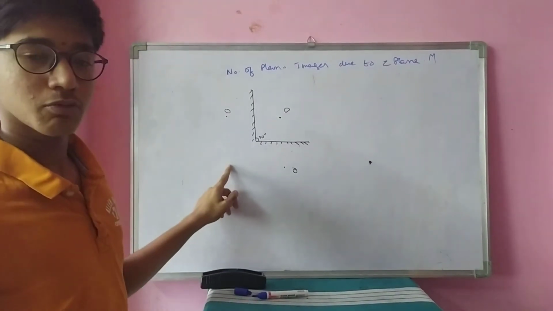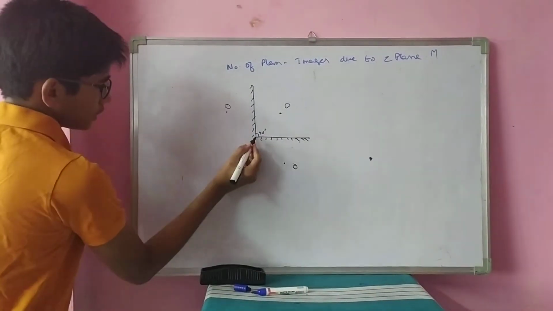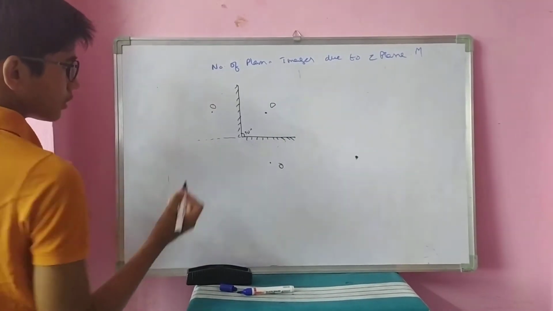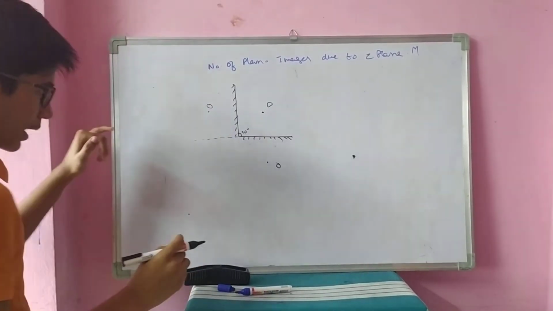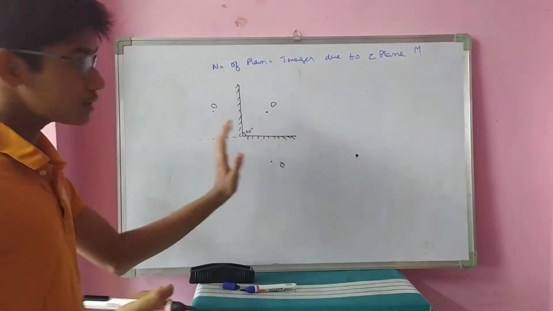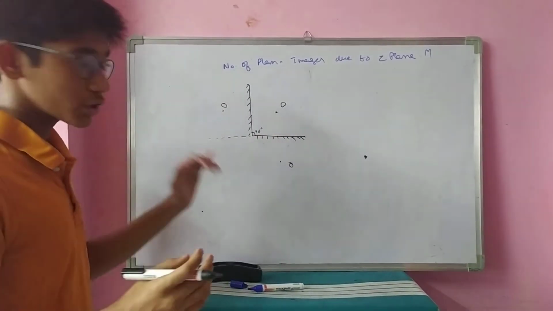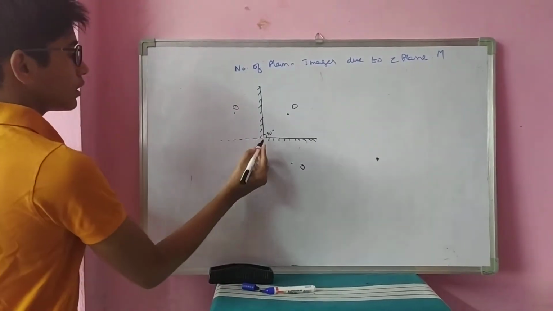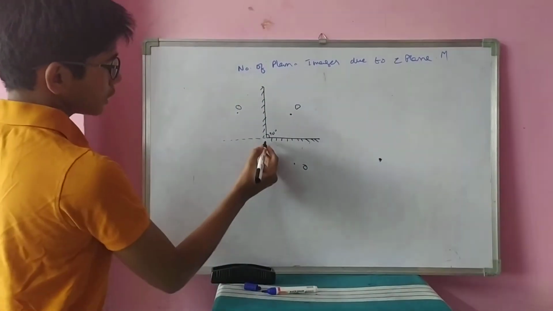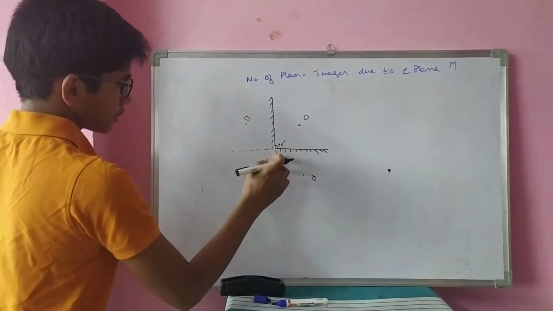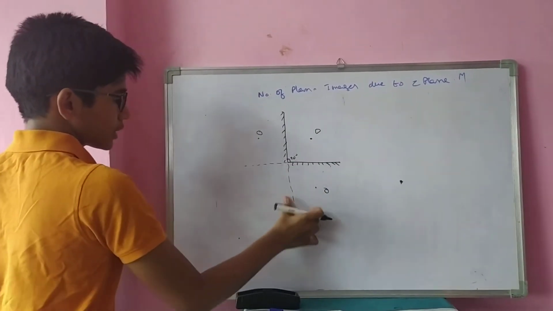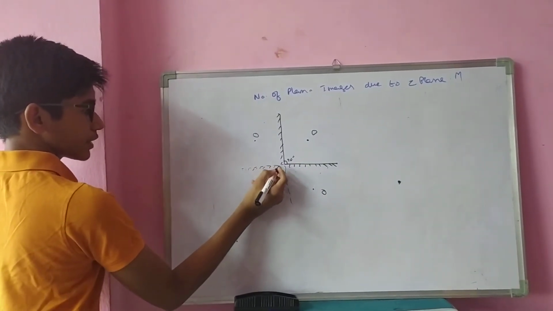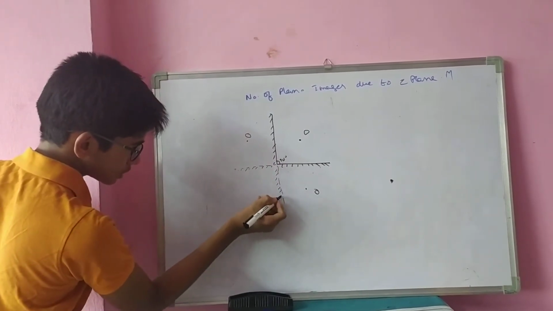But here one more image is formed. How so? Here the plane mirror surface is imaginarily extended. This plane mirror is extended back. This is not actual, this is virtually extended. Virtually we are extending the plane mirror. Here this also acts as a plane mirror. Now, sir, you could say we can also extend this. Yes, we can extend. Plane mirror extensions are represented by dotted lines. This is the reflecting surface, this is the reflecting surface.